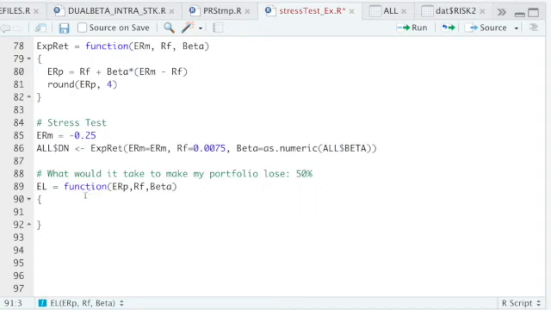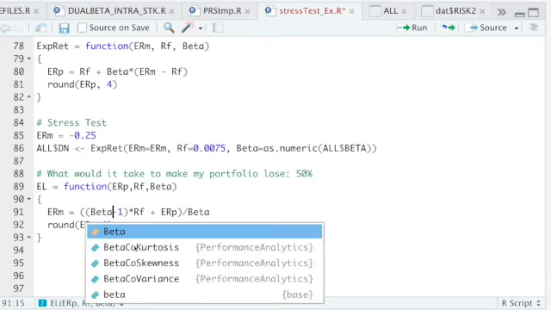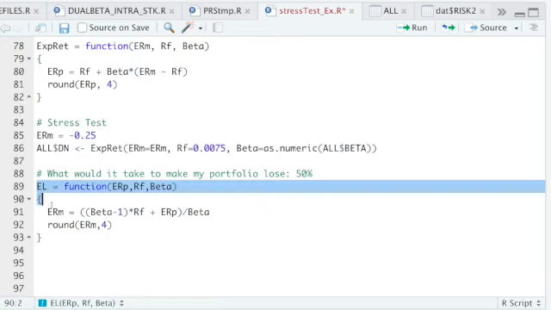Alright, so I'm going to be using the capital asset pricing model again, and I'm just going to rearrange the variables to get the expected market return by running beta minus 1 multiplied by the risk-free rate, and then I'm going to add the expected return of my portfolio, and then I'll divide that by beta. So again, I'm just rearranging this line here, and then I'll round the expected return of the market to 4 decimal places. So this should be beta. So I'll go ahead and run this function,